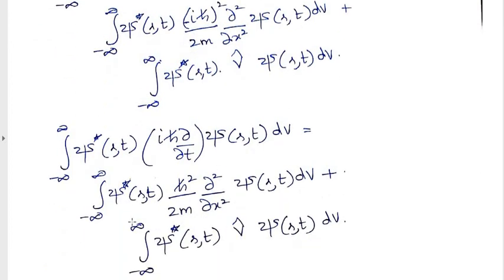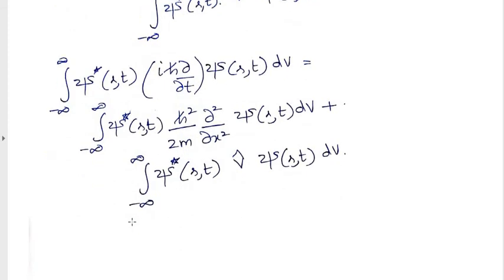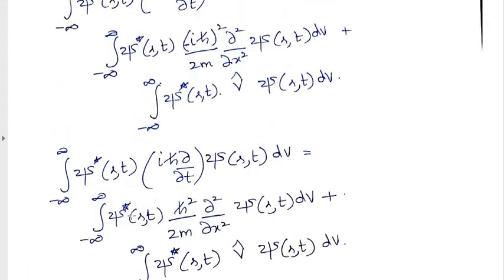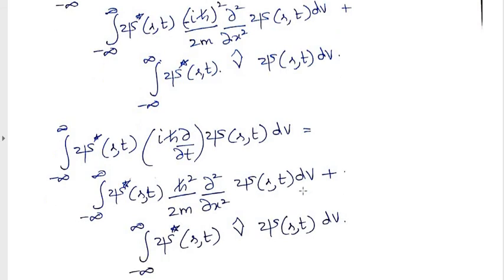So that has been simplified, and then we get this particular equation. What has happened there is that minus i square gives you minus of minus 1 into h bar square. So therefore there is only a change in the first term on the right hand side of the equation: the integration of psi star r,t into minus h bar square by 2m into del square by del x square into psi r,t dV. So therefore this is the final equation for the expectation value of energy, where energy is given in terms of potential energy and kinetic energy.